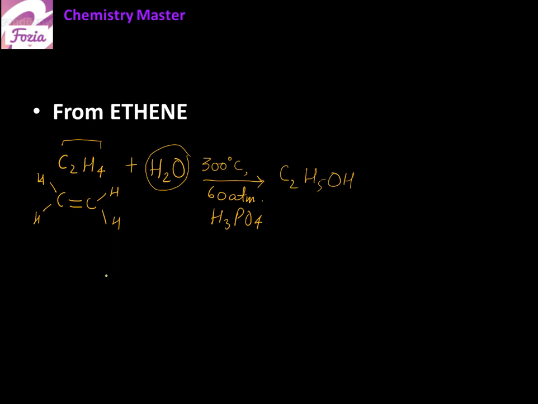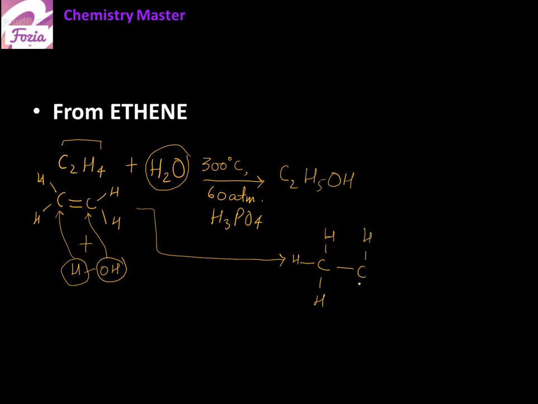And to understand this reaction structurally, you see a molecule of water or steam like this. So hydrogen goes to one carbon and this hydroxyl group goes to another carbon. So we get CH3, next comes CH2OH, and what is it? This is ethanol,